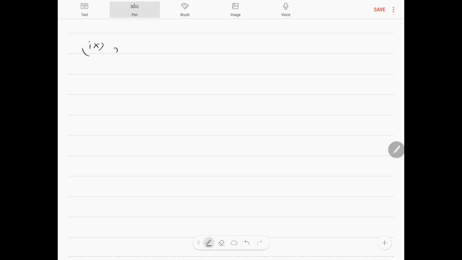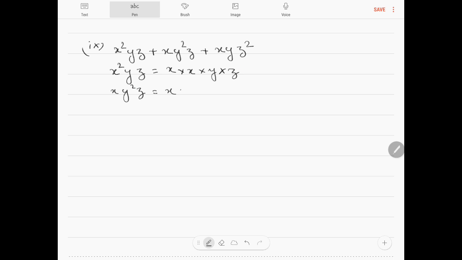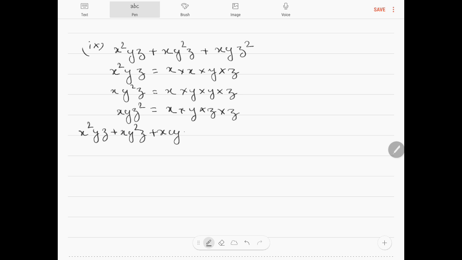Question number 9. x squared yz plus x y squared z plus x y z squared. x squared yz is x into x into y into z. x y squared z is x into y into y into z. x y z squared is x into y into z into z. So x squared yz plus x y squared z plus x y z squared